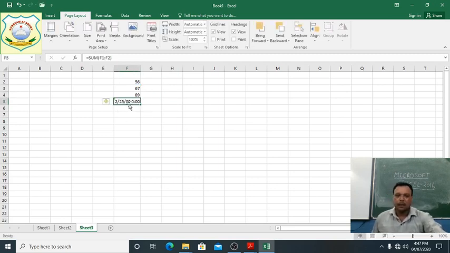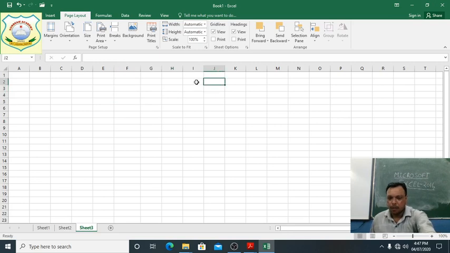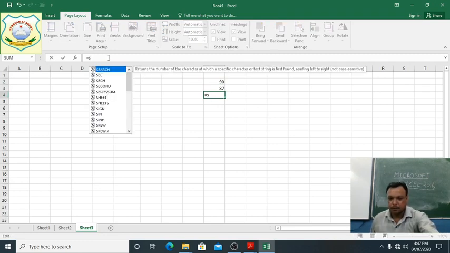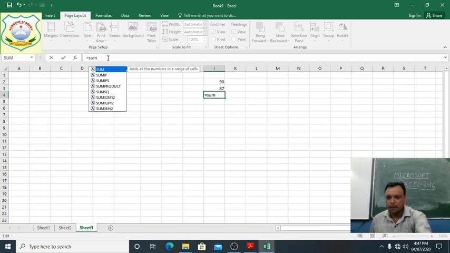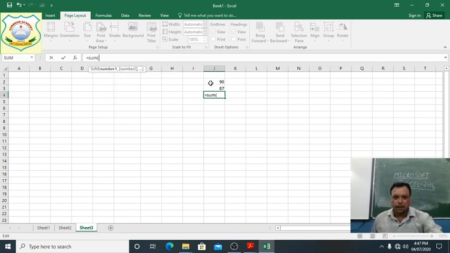Oh, there is the date we have given. Students, wait, we will change this format. Okay, I am telling here in this place 90 and 87, only this one. Sum function, equal sum, within a bracket, and here the address is J2, colon, and this one is J3.